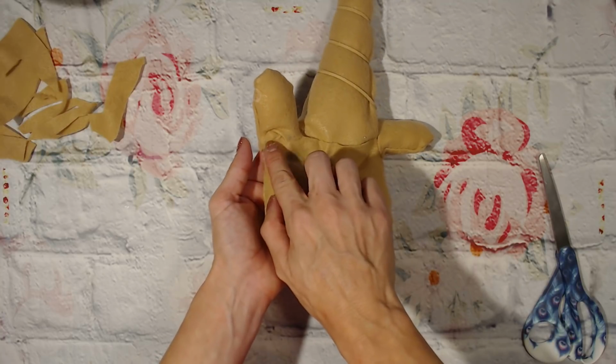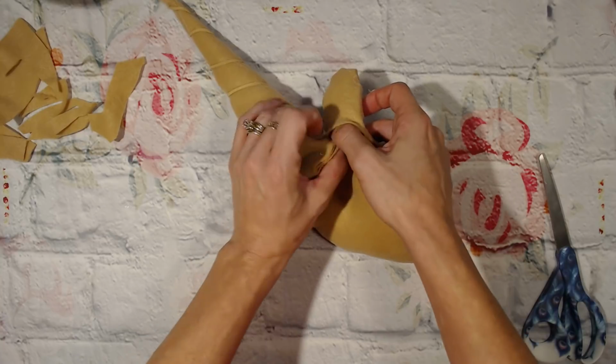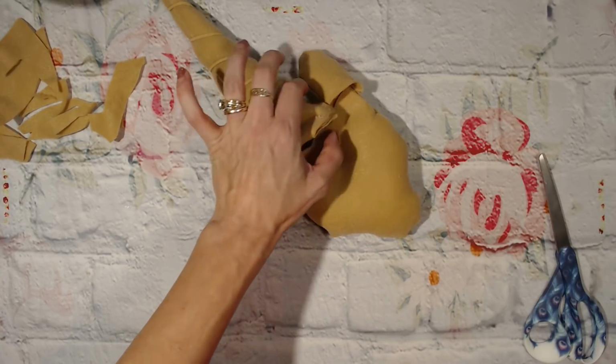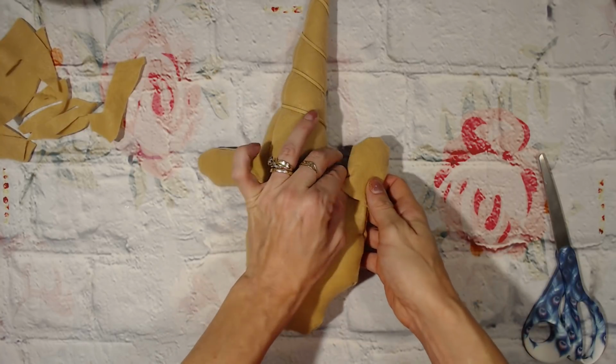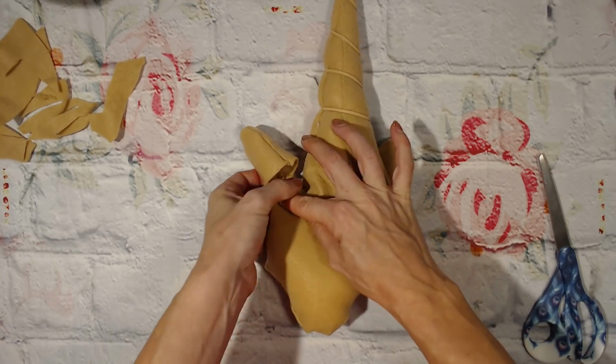And I have a little kink right there. That's totally fine. It gets covered with the hair, so there's no such thing as a mistake. So there's the first one. And on this side,